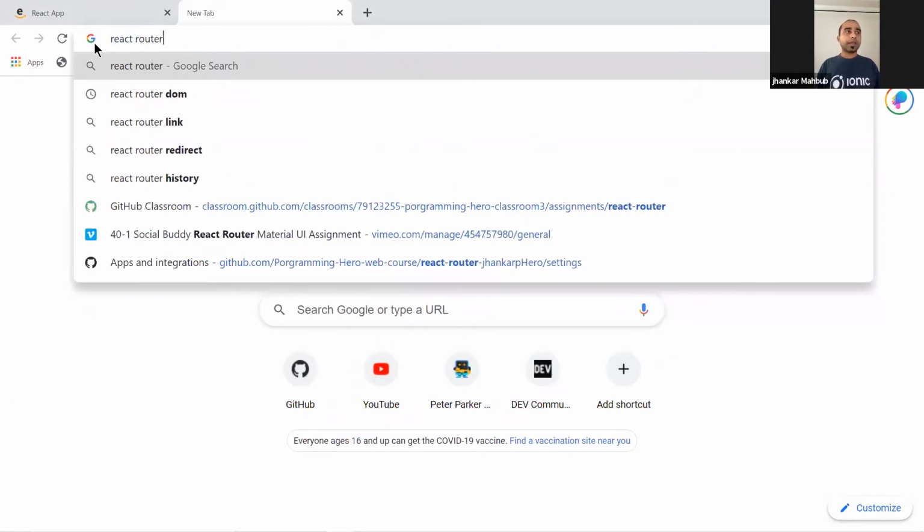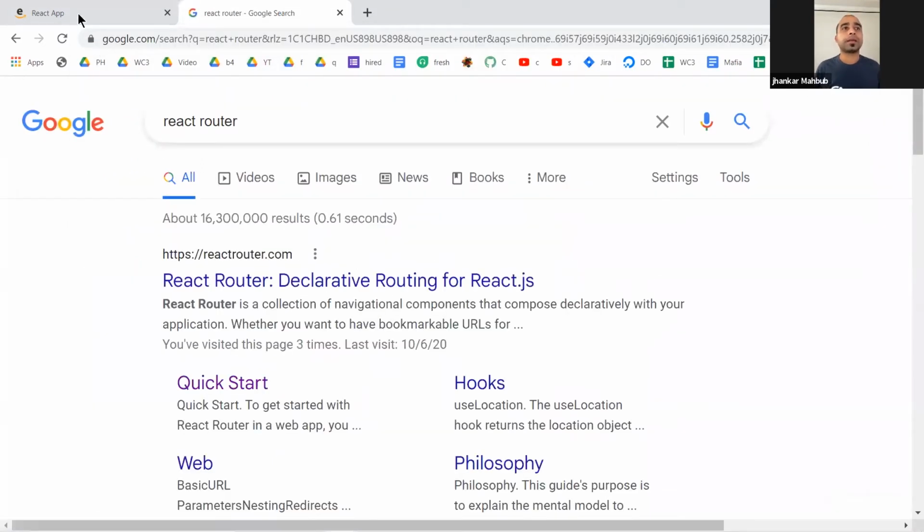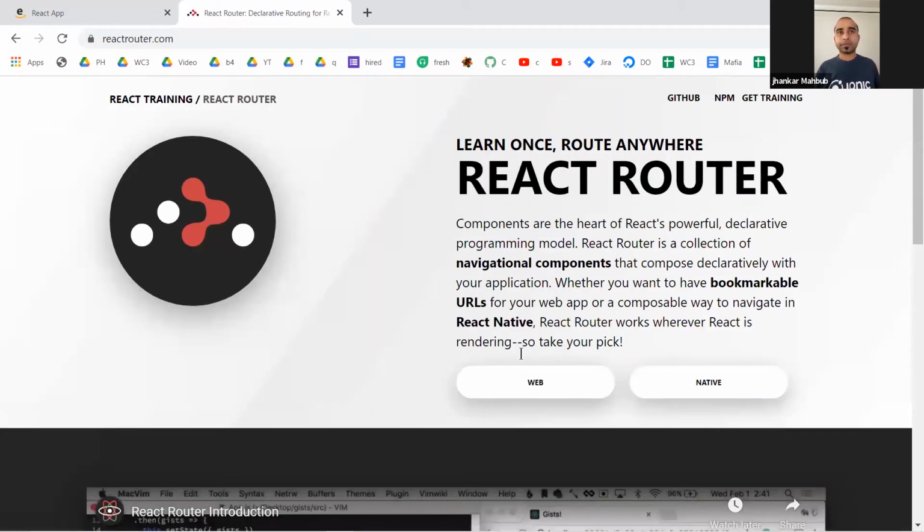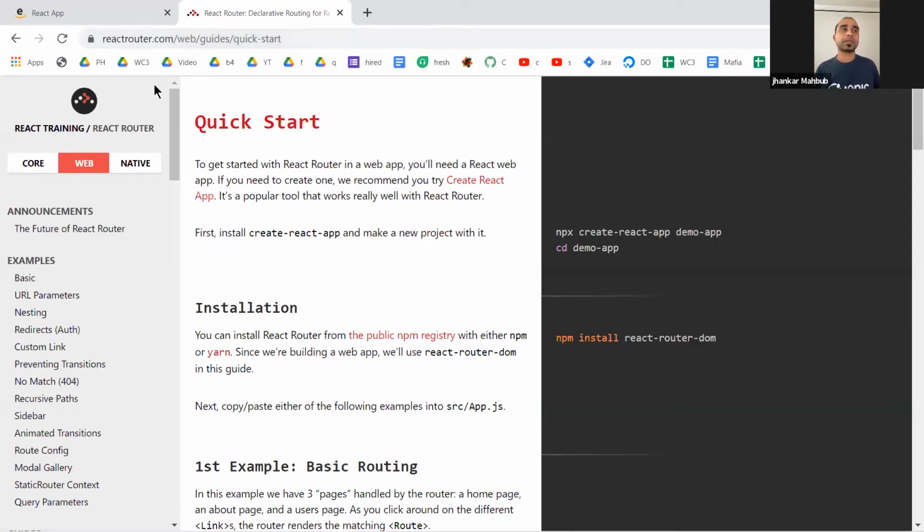So every application that you see will have multiple pages to go to. And when you go to multiple pages, like for this one, it's going from one page to another. You say /web and something, and you have moved from one place to another. And once you move from one place to another, you are changing the path, you're changing the route, you change the location. And based on the location, you can actually load some data.